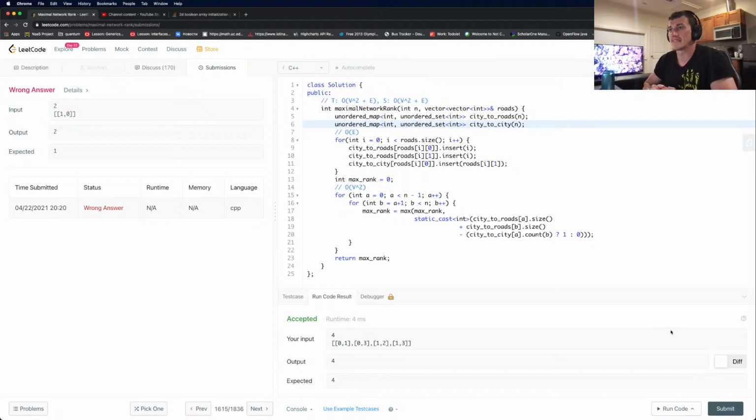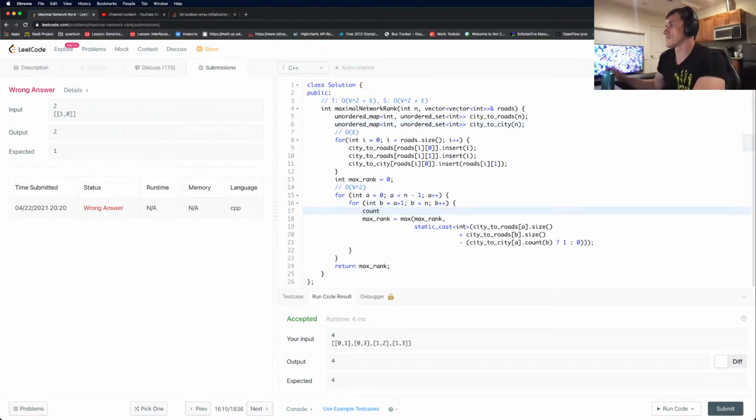Oh, it doesn't pass the input 2 cities, 1, 0. Output 2, expected 1. How on earth is this possible? I don't understand. Let's see. Then subtract 1, right? If it contains B, C out, let's say CTA equal A,